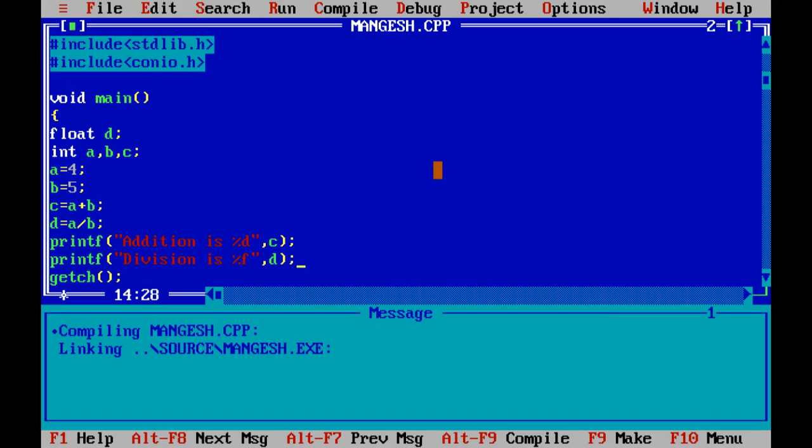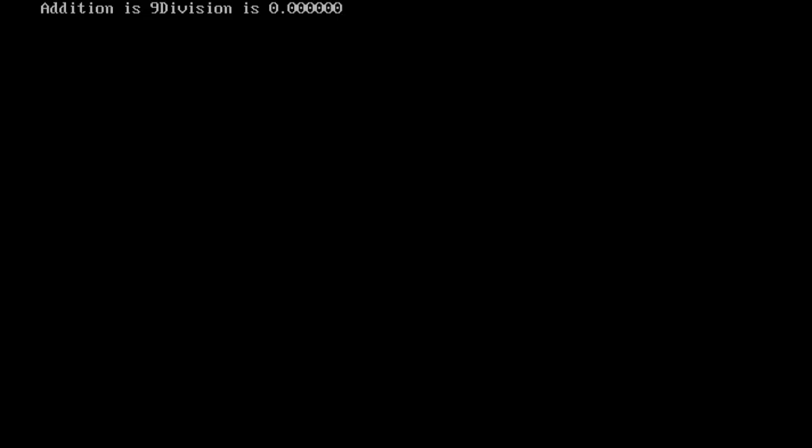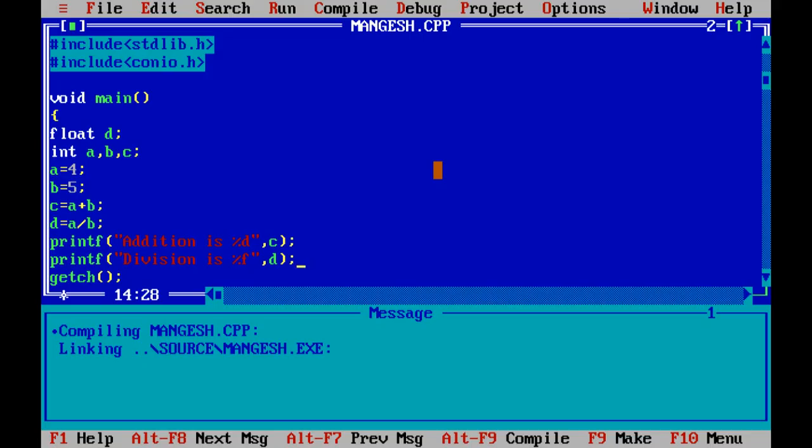So now if you run this particular program, you will get the output. Control F9. You can see addition is 9, division is 0. Why division has become 0, I will tell you that also. Both the sentences are coming on the same line.